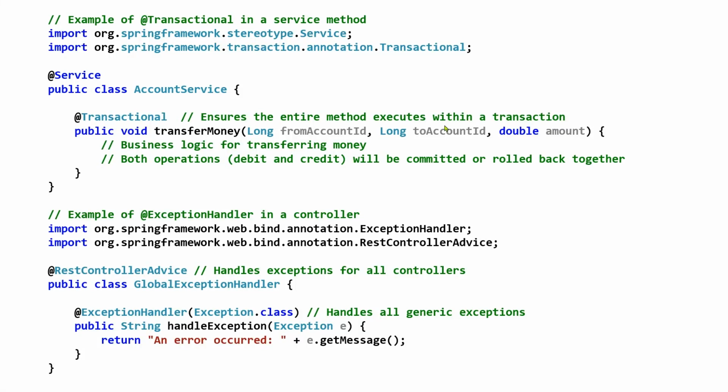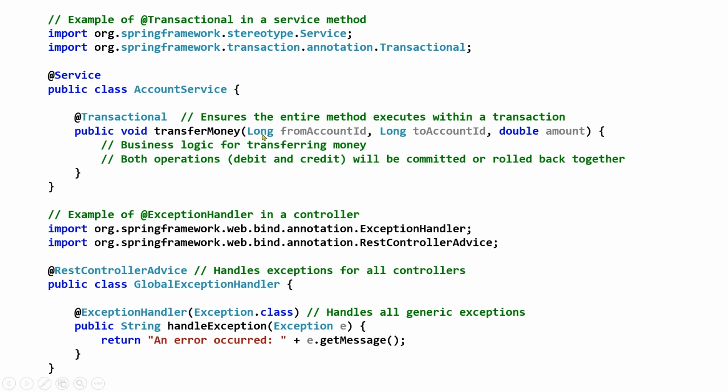Okay. After that, @ExceptionHandler. It is used to handle exceptions in a Spring MVC application. You can customize how your app handles errors using this annotation on methods inside controller classes. What does it do?